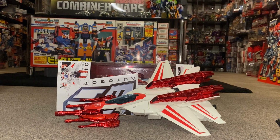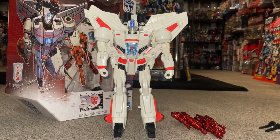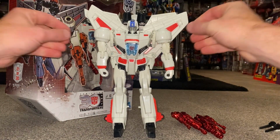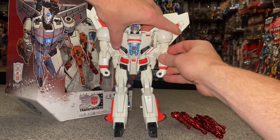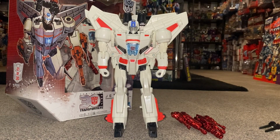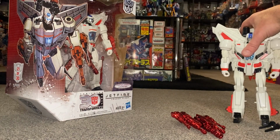We're going to come back into robot mode, do some comparisons, have a play around with all his armor, and again see how well he looks with it all on and off. Right then, so we're back in the robot mode again. Transformation process both ways, detailed with hints and tips, will be uploaded separately. I just needed to keep the length of this video down and make sure I was doing it nice and safely. What I'm going to do very quickly though, before we do the comparisons and all the armored up stuff,